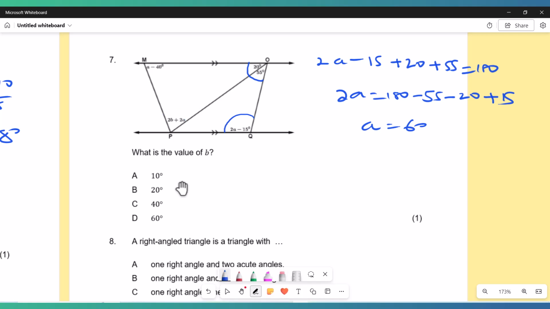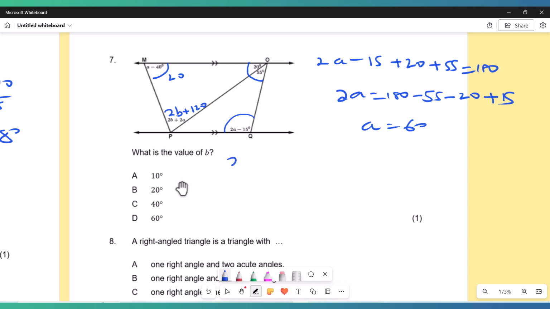Mean that in this case our 2B, it is 2B. What is 2 times 60? 120. So this is 120 here. I want to get my A. Now if I check what I have here, I can see that here our A is 60. Then what is 60 minus 40? I'm gonna get 20. Okay, and I have this 20, so I can get my B now, because I'm gonna say that 2B,